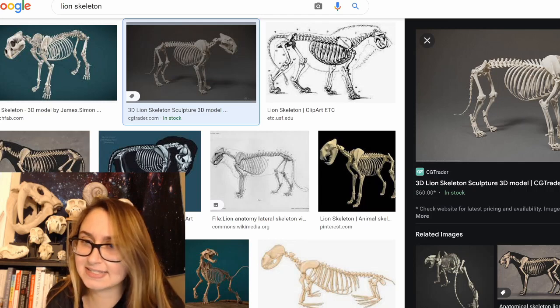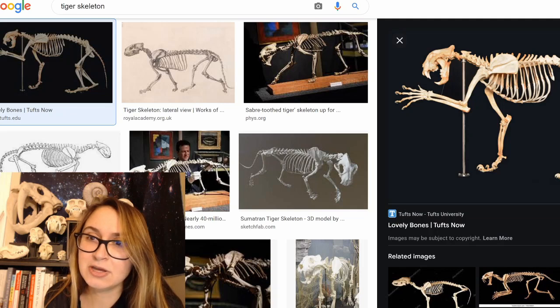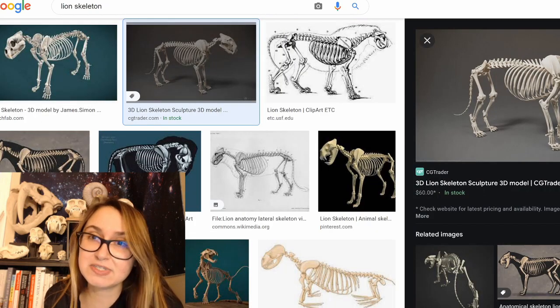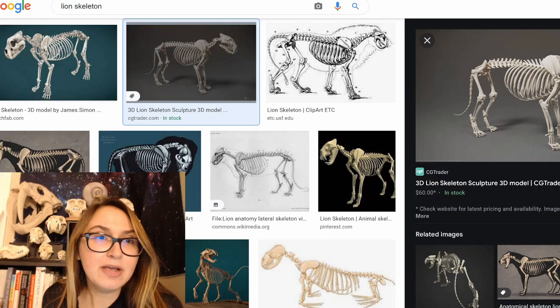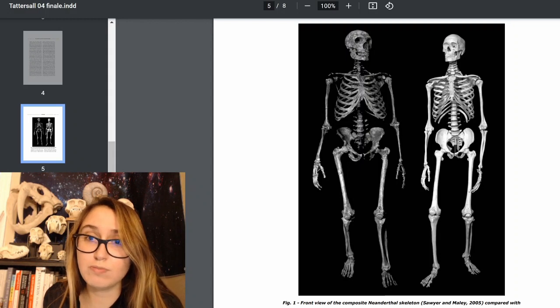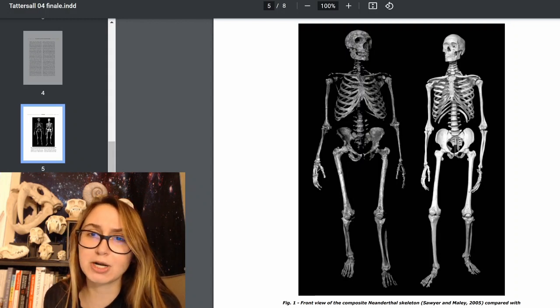So this is a lion skeleton here to the right, and that is a tiger skeleton. Notice that they are indistinguishable from the neck down, and yet I would imagine Sanford and Rope would consider these two to be different species. But I digress. With this Tattersall example here, you can see that Neanderthals are definitively more robust. They have a broader rib cage. Their legs are actually shorter for their body size.